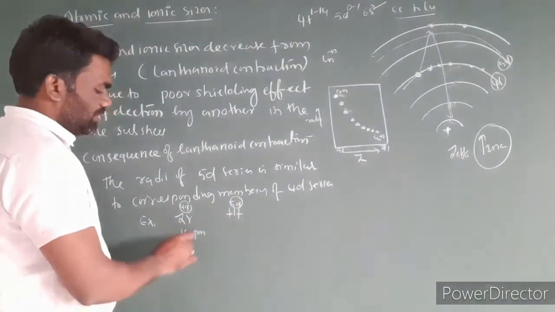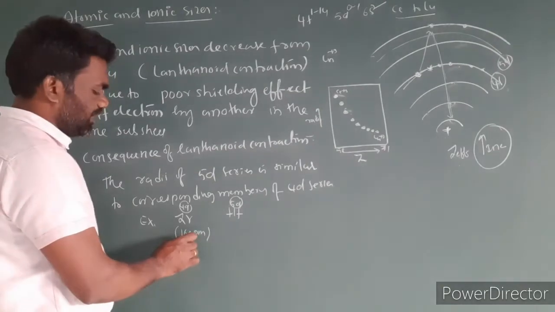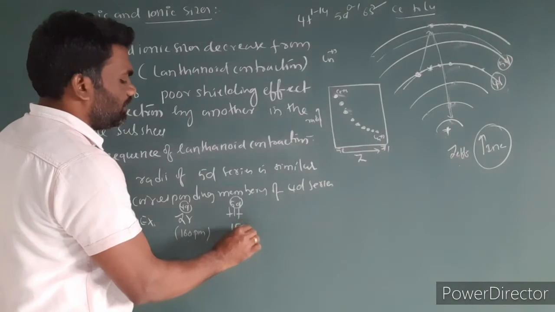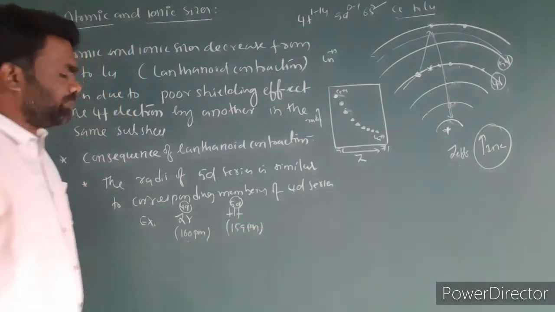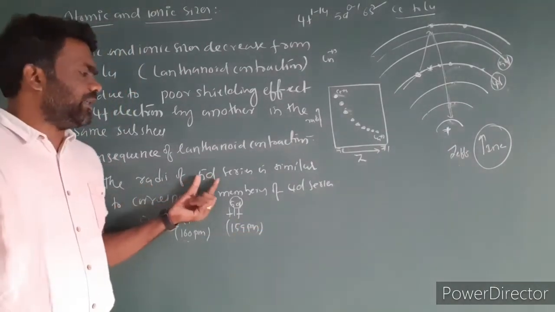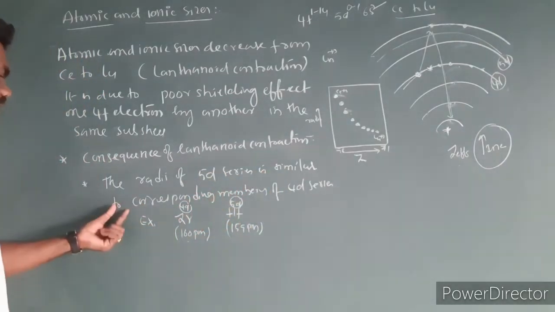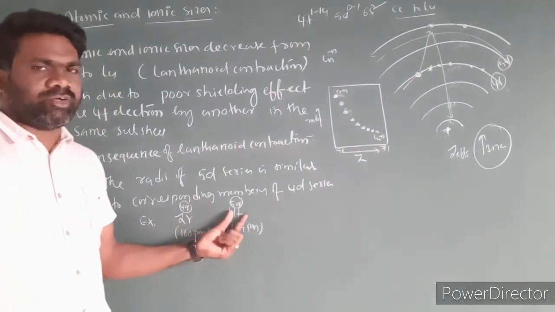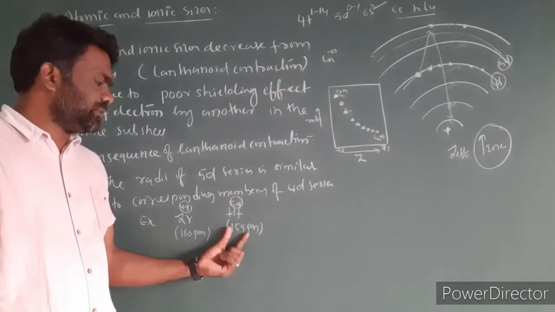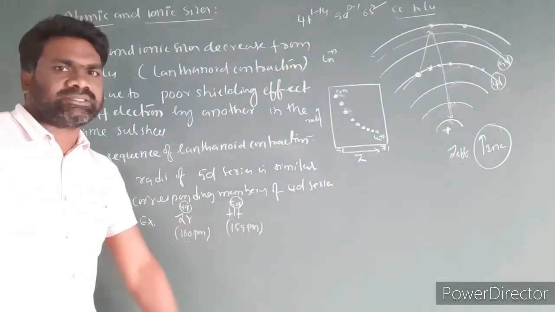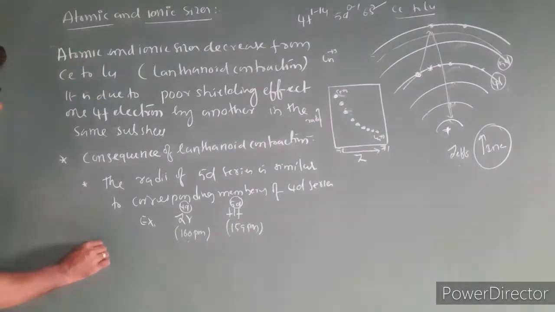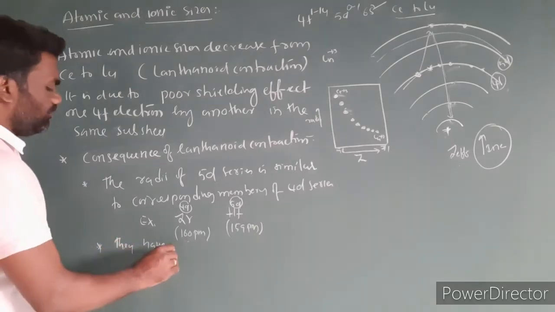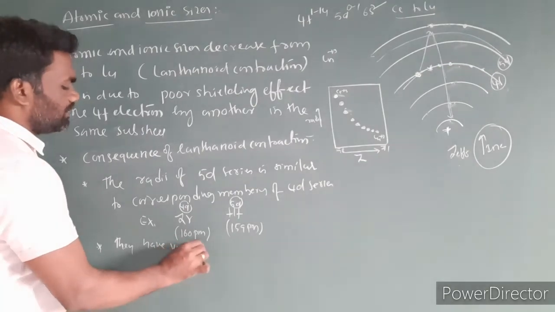Zirconium's size is 160 picometers and hafnium's size is 159 picometers. The sizes are similar. So due to lanthanide contraction, the 5d series elements have radii similar to the corresponding members of the 4d series elements, for example zirconium and hafnium. Both have similar sizes. This is the first one. The second one is they have very similar